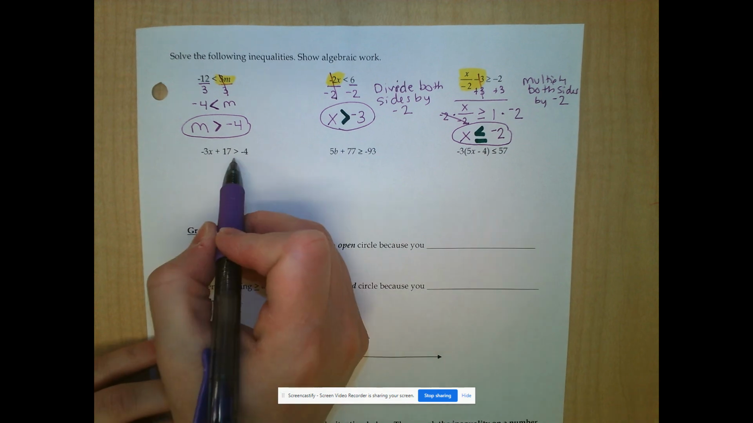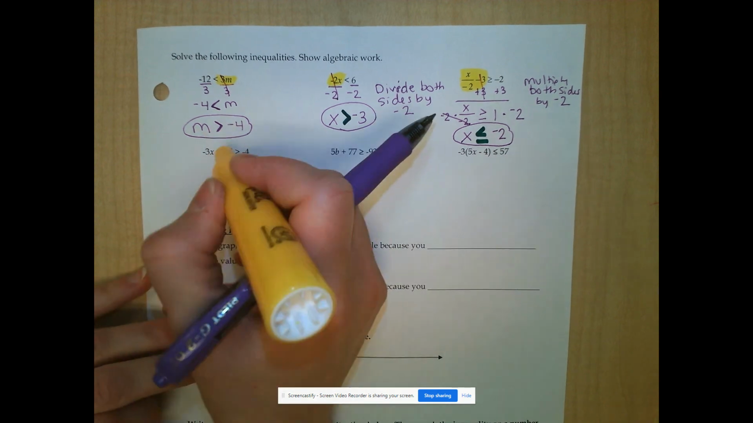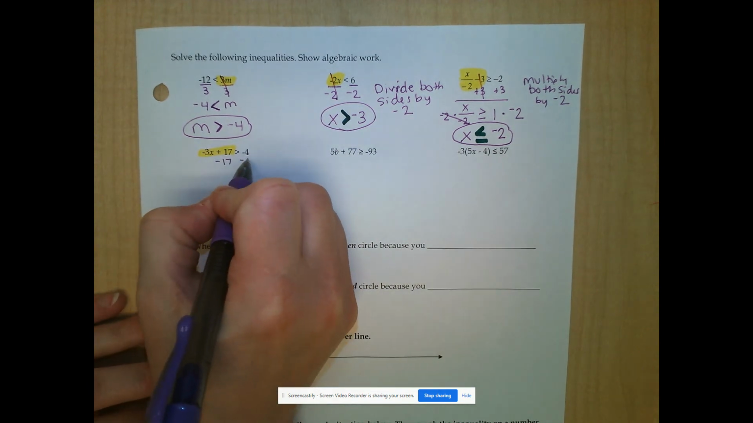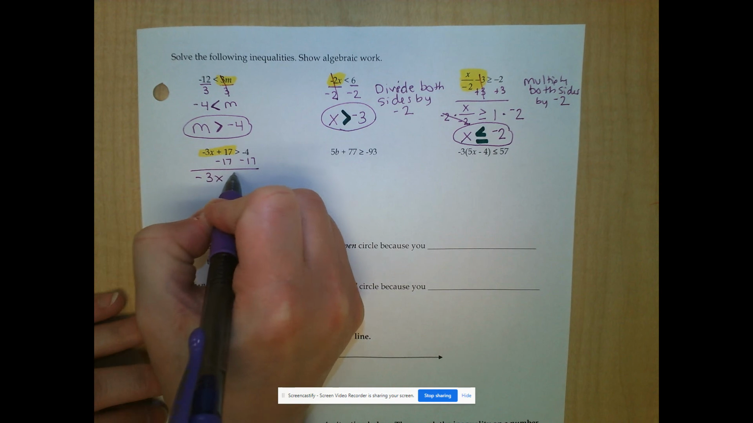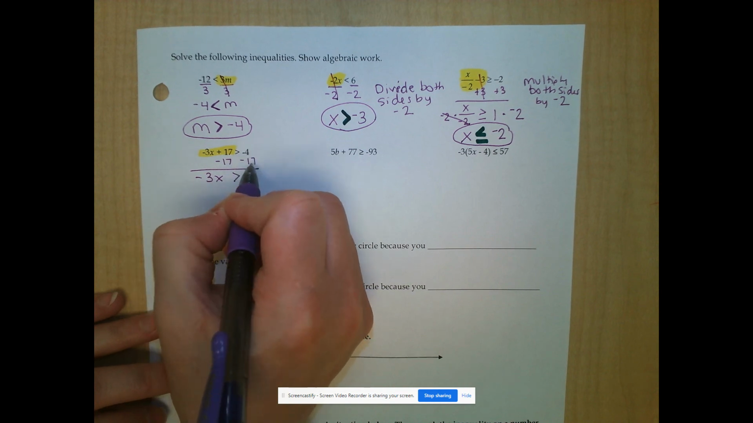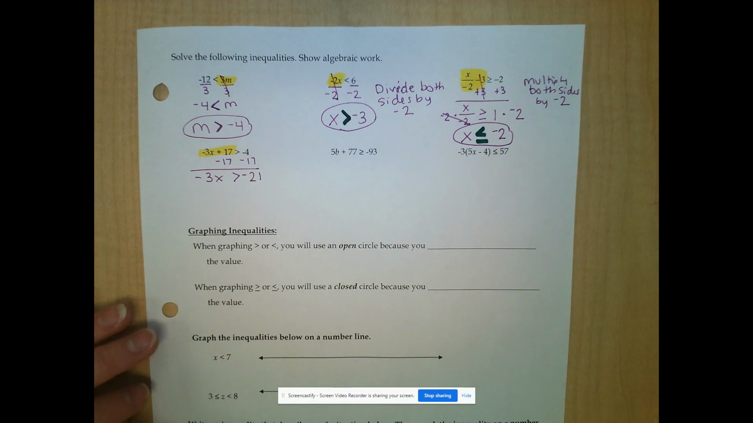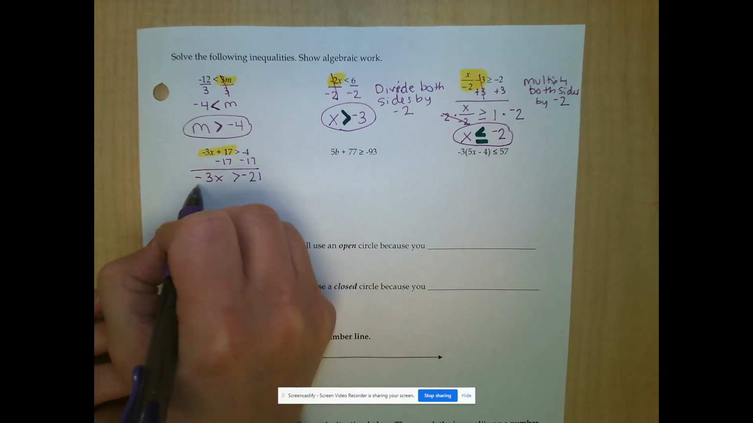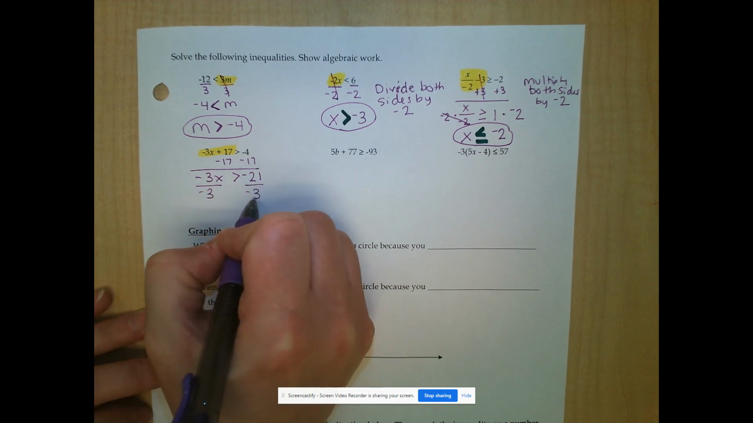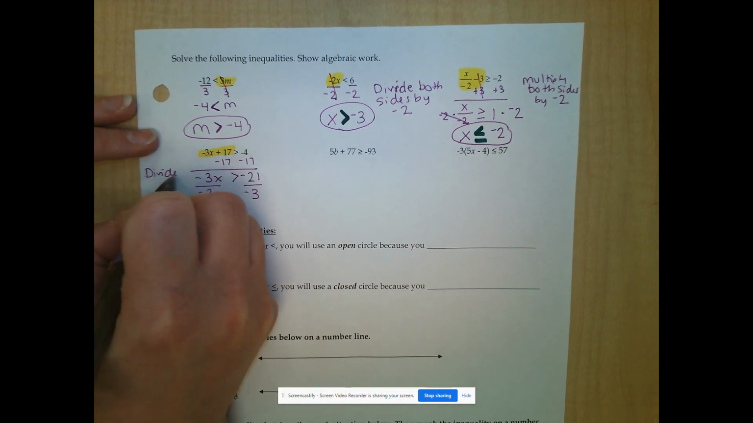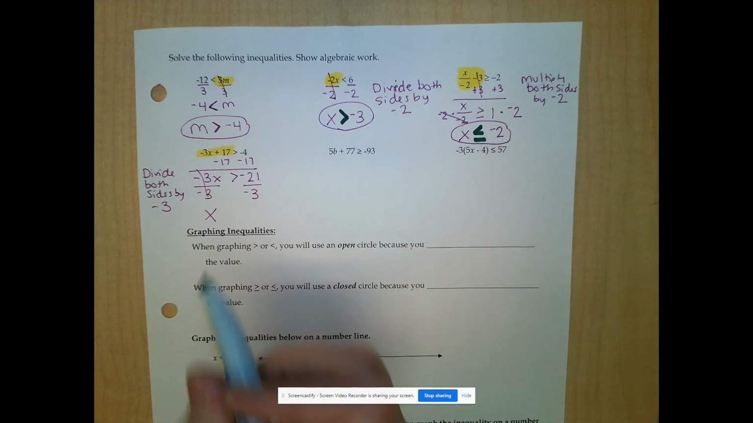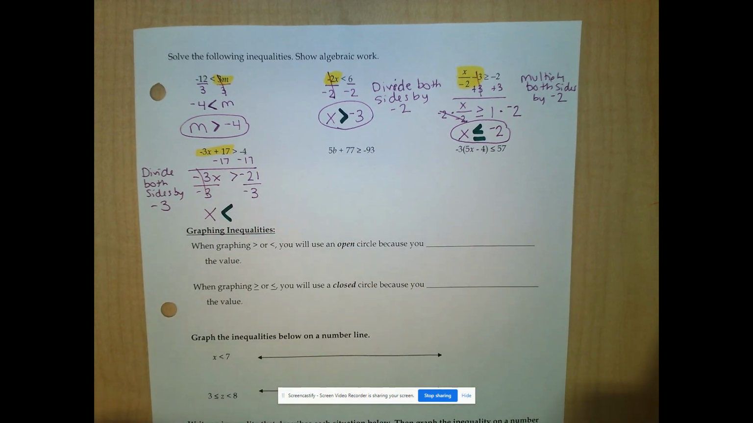All right. Next one here, this looks a little bit more like what we're used to, more like a standard two-step equation. Variables on the left, I'm going to subtract 17 from both sides. -3x greater than symbol, -4 minus 17 is -21. I subtracted from both sides, that doesn't change anything. But I've got -3x, that's multiplication. So I'm going to divide the left by -3 and divide the right by -3. So divide both sides by -3. When I divide both sides by a negative, x is now, flip that inequality, less than,